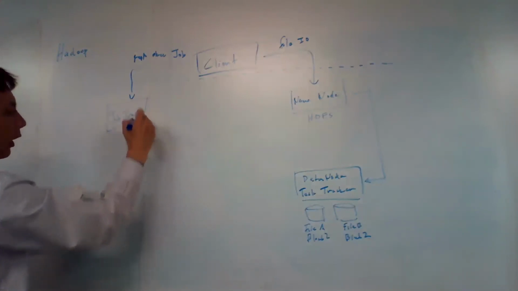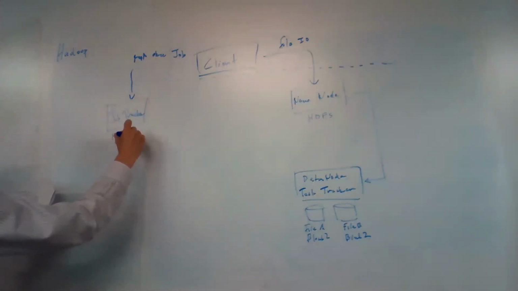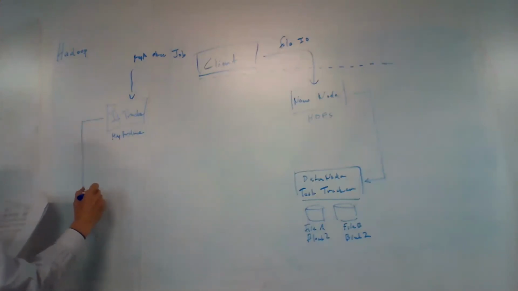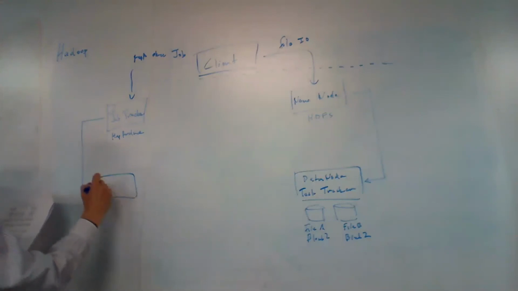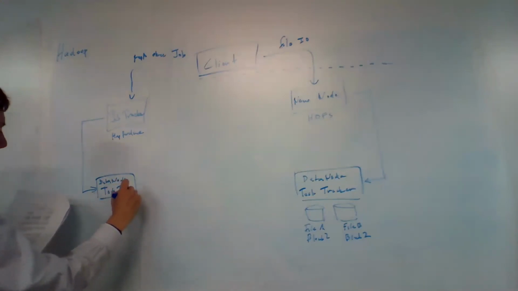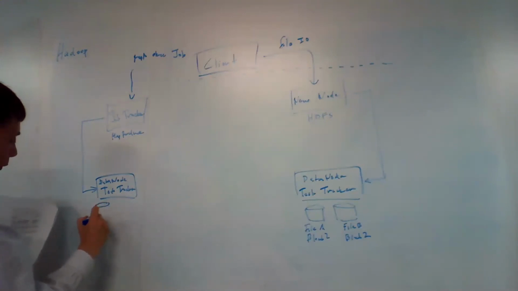Just like there's a task tracker, and then this is MapReduce. Okay, and so this guy talks down to a data node tracker, task tracker. Same thing, because a MapReduce job is just a bunch of operations on files, so it goes down to the same data node task tracker that an IO operation would. It just goes down with a different set of requests. Okay, and then underneath here you have,